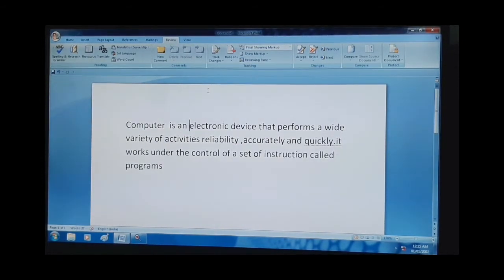As I told you, a watermark is text or a picture that appears behind the document text, in the document we are having. For that we will go to the Page Layout option. I am also reading for you: click on the Page Layout tab, click Watermark.